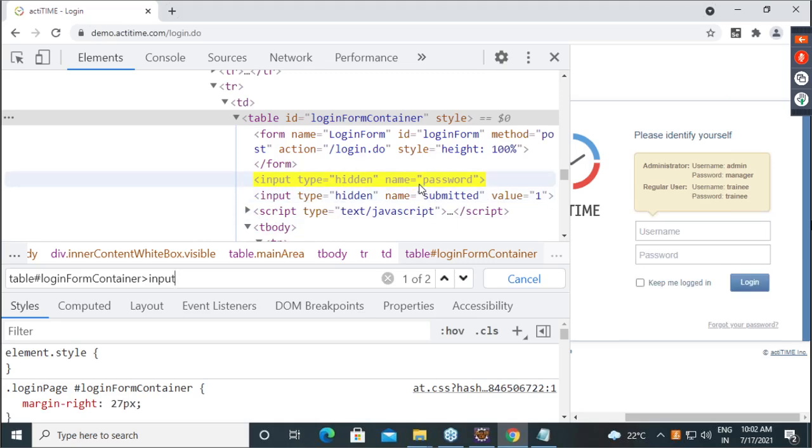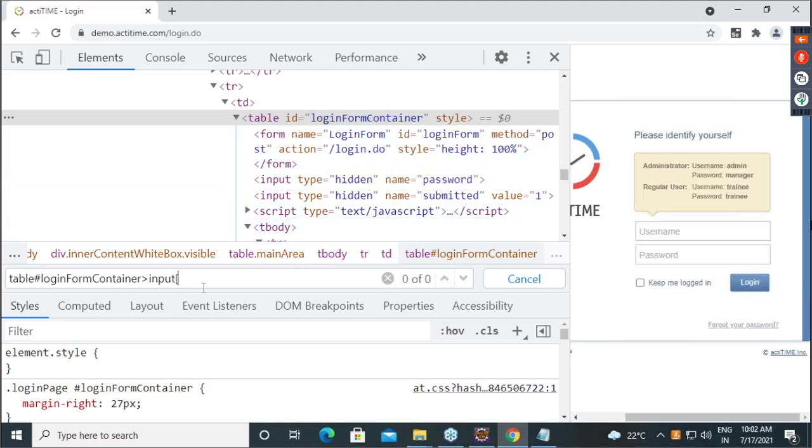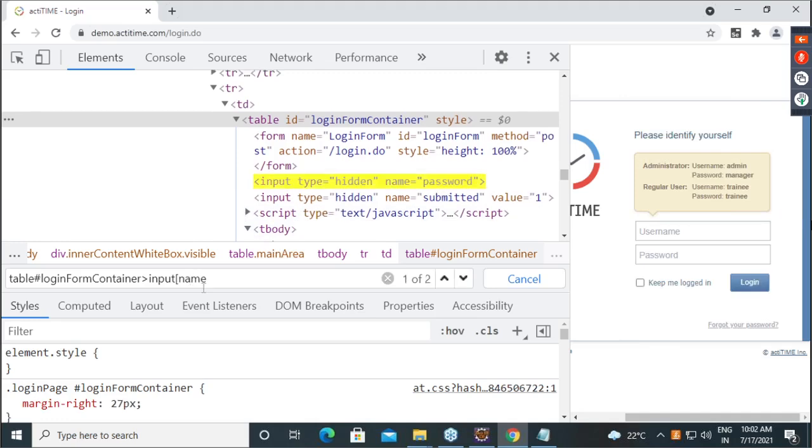Now see, if let's say here you have two matching, but you want boss, I don't want submitted. What I want? Password. Or let's reverse. I want submitted. I don't want password. So you can give here boss. Can you go to that child who is having name as submitted?